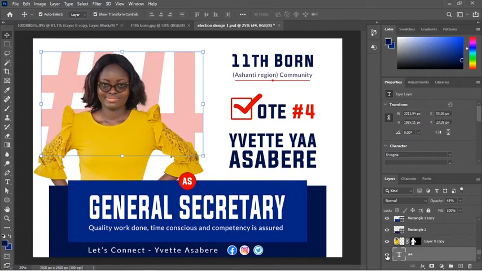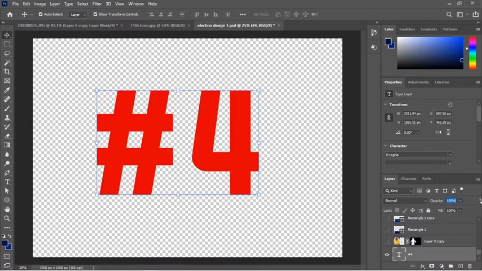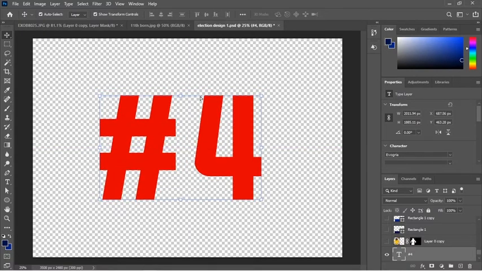Alright, let's try this one and also see. So let me increase it to 100%. So maybe I want to save this thing. I want to save hashtag number 4, but I want only this, not the background.